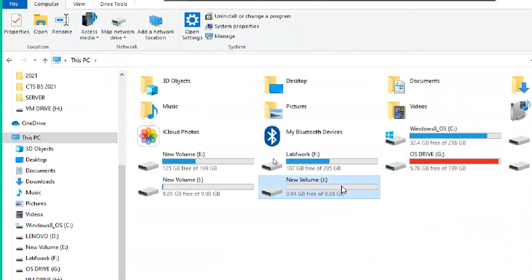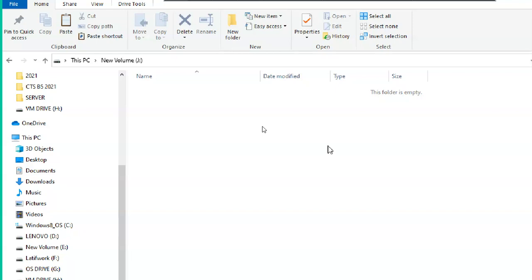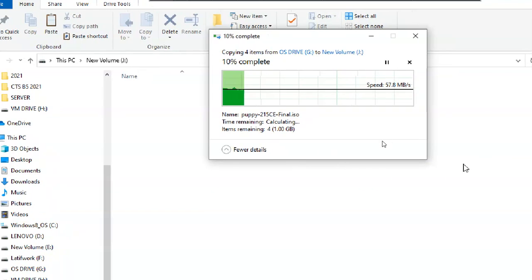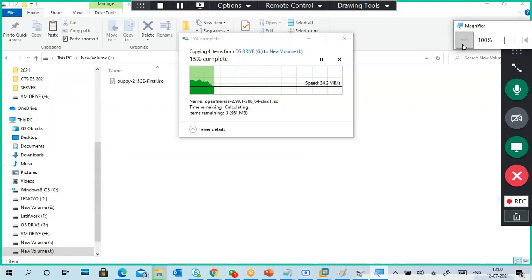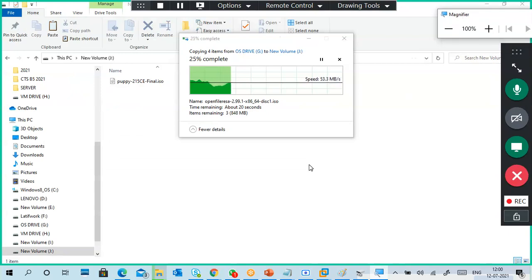I'm copying into my J drive. So I'm copying data into the J drive, right?